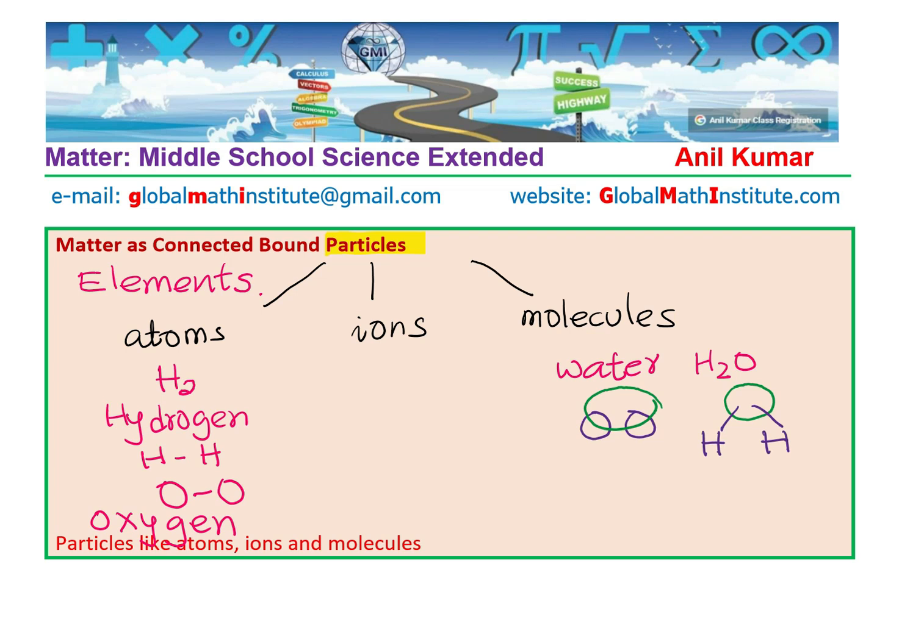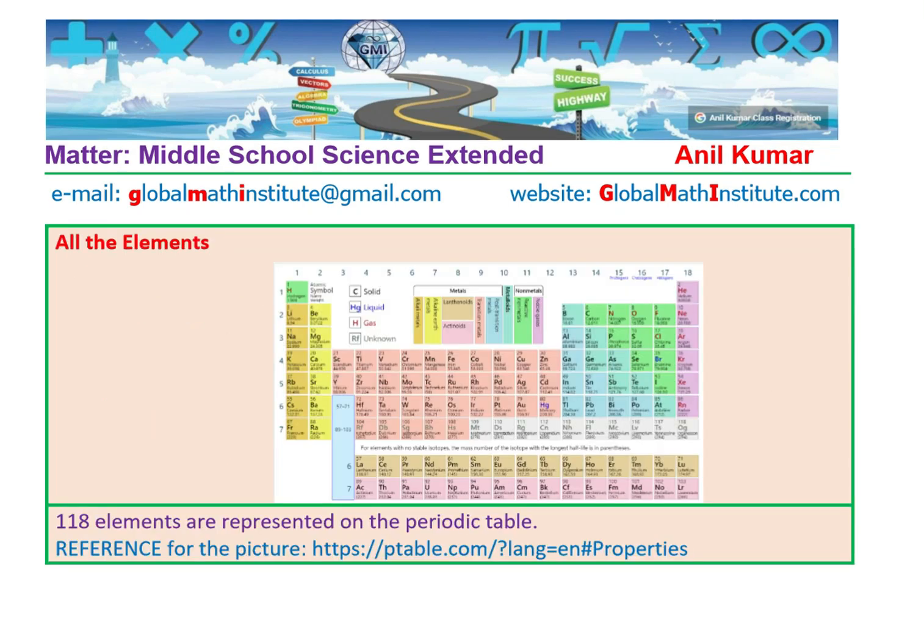118 elements are known to us. The 119th element is also known to us. However, in our table, which you might have seen, I will show you. That is how it looks. A modern periodic table looks like this. I've taken this image from the internet and given a reference for it. You can search and try to see an enlarged image. It will list all the elements known to us in a very orderly scientific way.